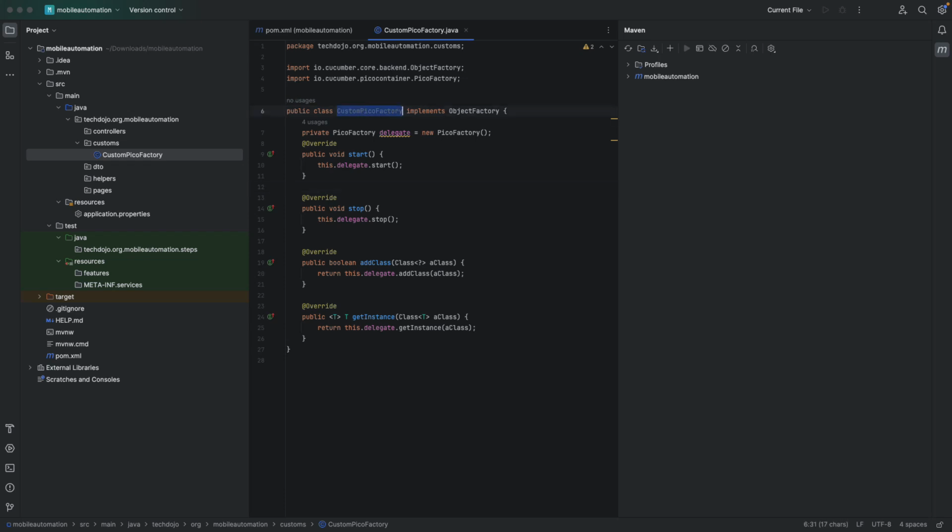Cool. So this is the first step. We need to create a custom Pico factory. We are implementing from the object factory, and we are implementing all these methods using the delegate, which is an instance of the PicoFactory. The next step is going back to the META-INF services folder, and under this folder we need to create a new file with the following name: